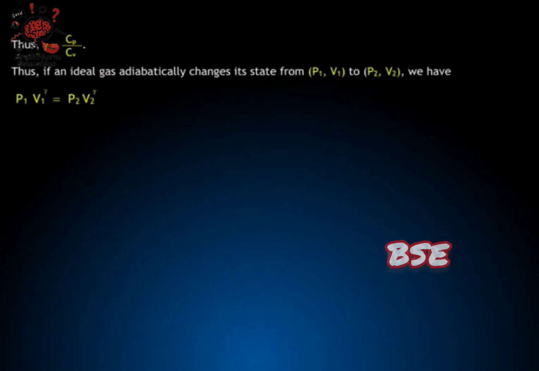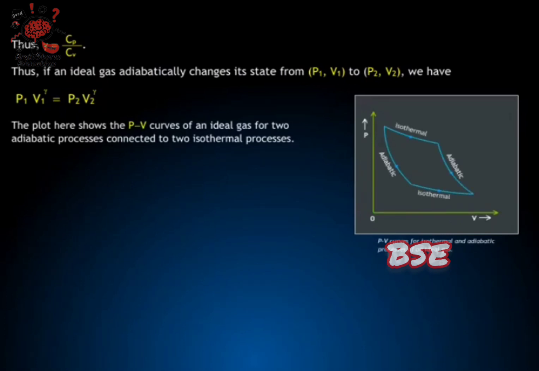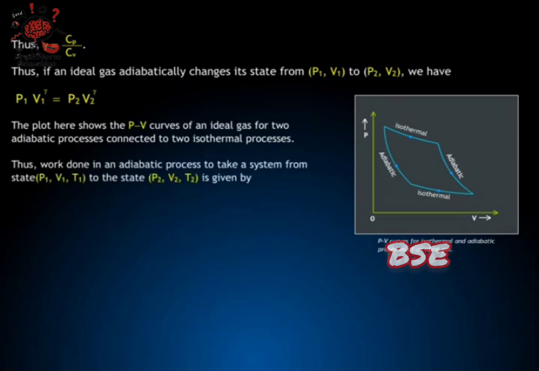Thus, if an ideal gas adiabatically changes its state from P1 V1 to P2 V2, we have P1 V1 raised to gamma equals P2 V2 raised to gamma. The plot here shows the PV curves of an ideal gas for two adiabatic processes connected to two isothermal processes. Thus, work done in an adiabatic process to take a system from state P1 V1 T1